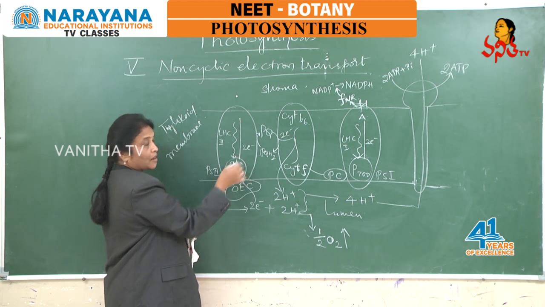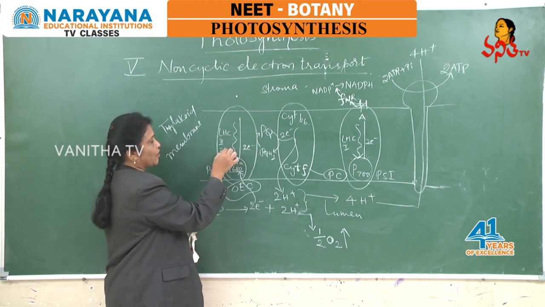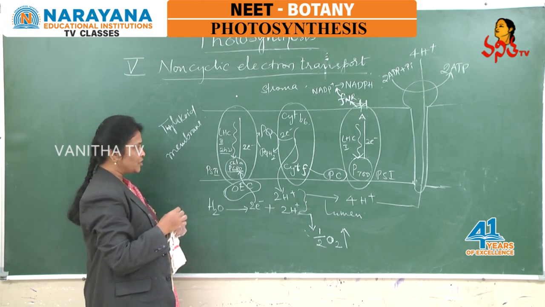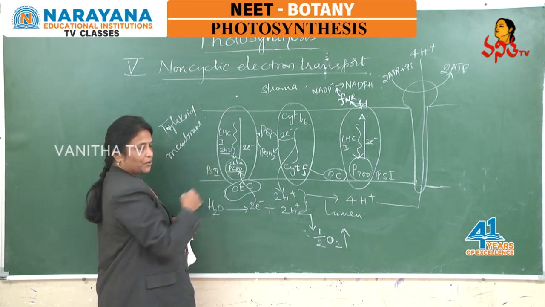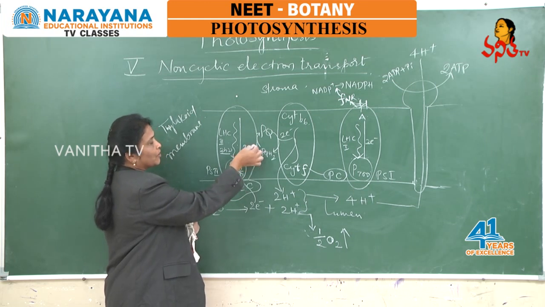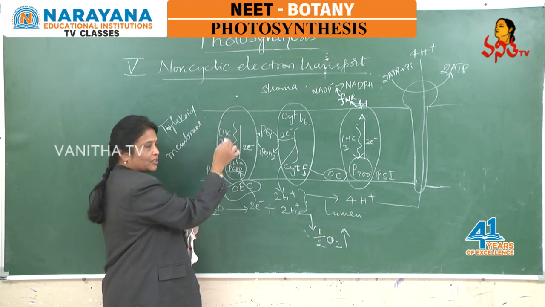Okay. And the number of photons utilized for this excitation is 2 photons. Okay, you know photons are light quanta, the light energy required for the excitation of this chlorophyll pigment. So 2 photons are utilized and 2 electrons are liberated, and those 2 liberated electrons are received